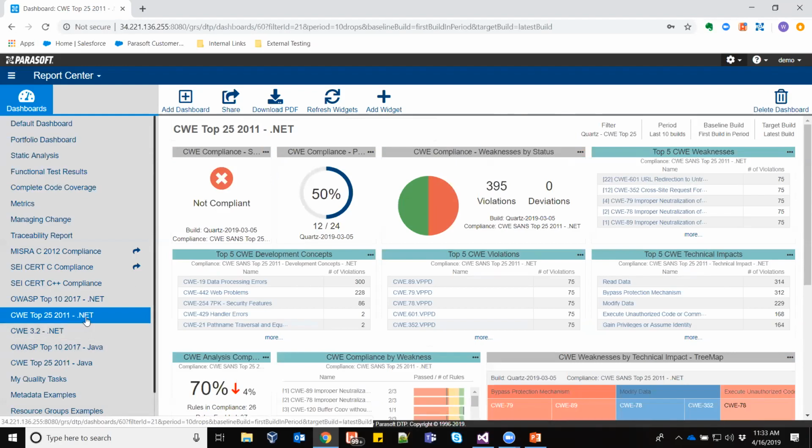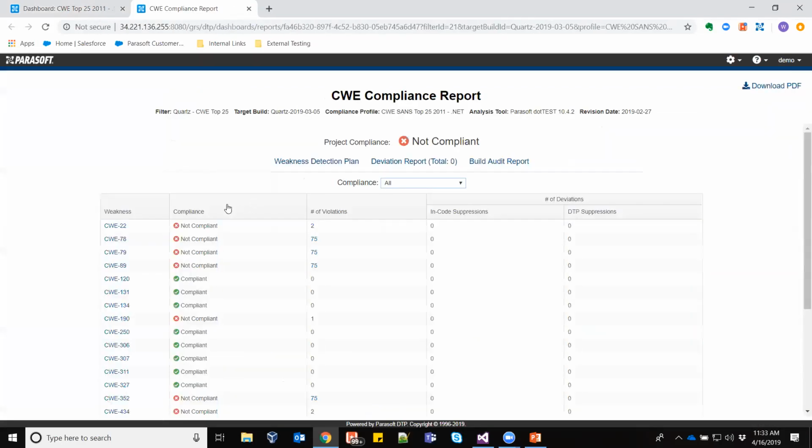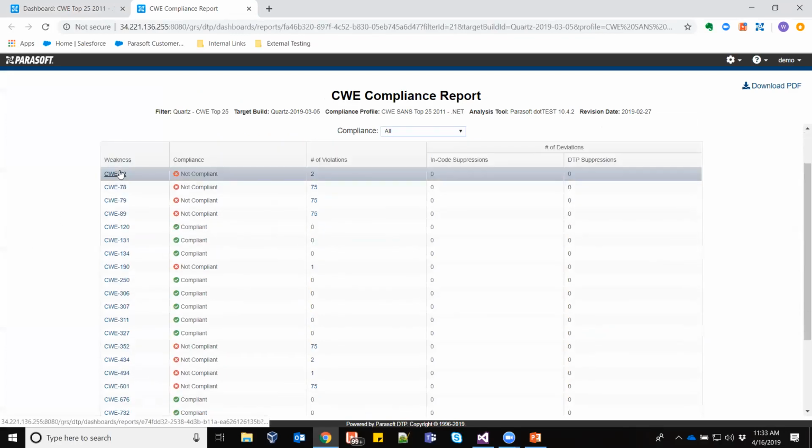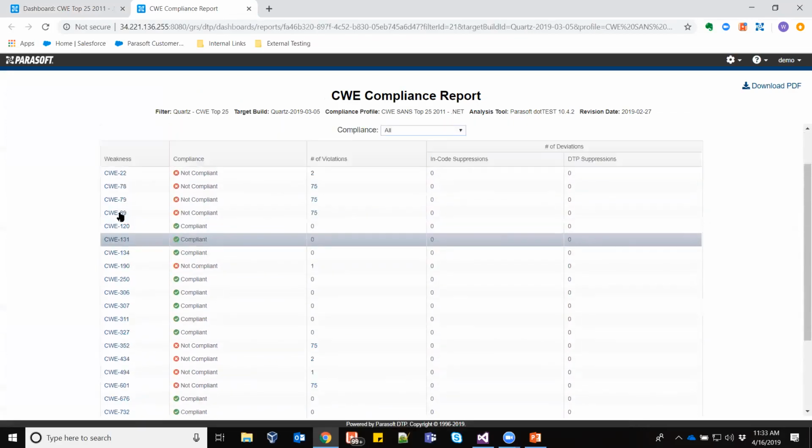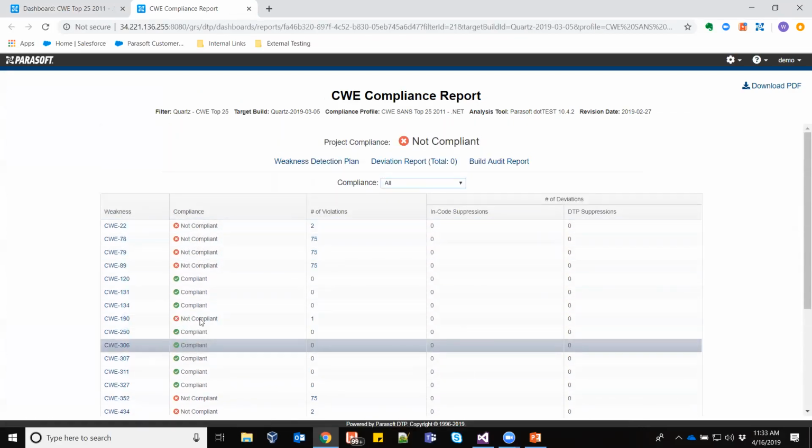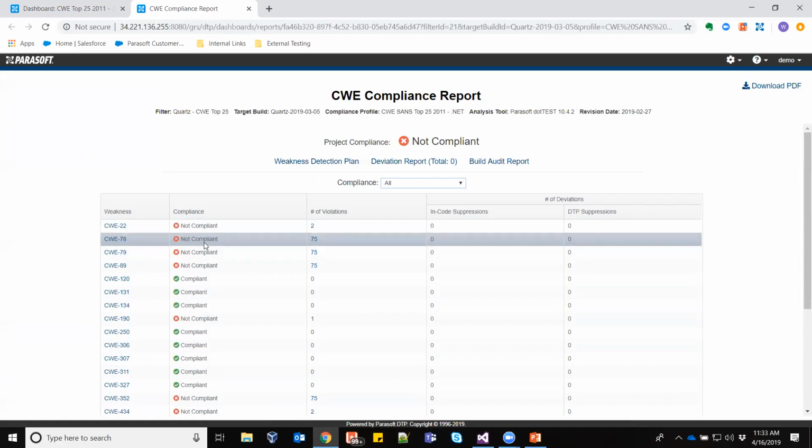So we'll notice here, we've got a number of widgets. These are all very customizable based on what data you want to see. If we drill down into one of them, this is our interactive CWE compliance report. So you'll notice for the CWE Top 25, all the weaknesses are listed here, as well as whether or not we are compliant with that particular weakness with the standard.